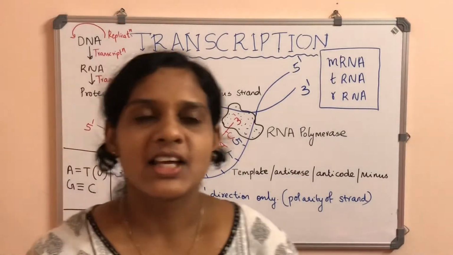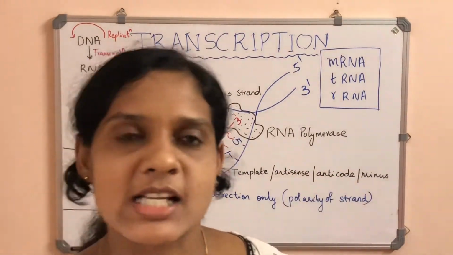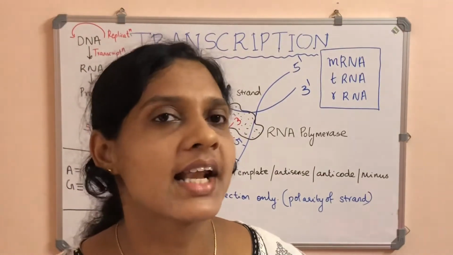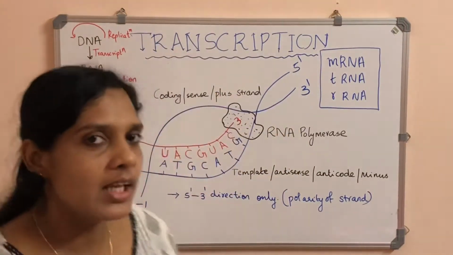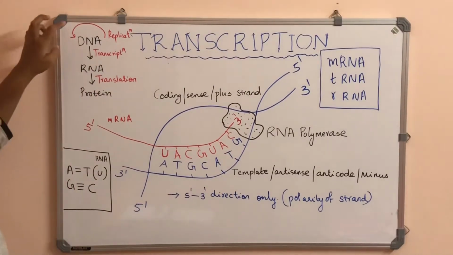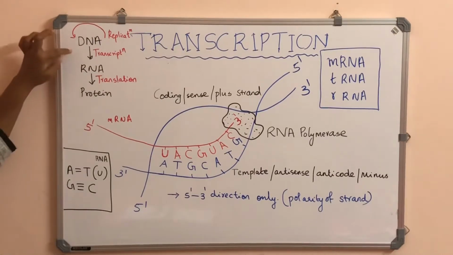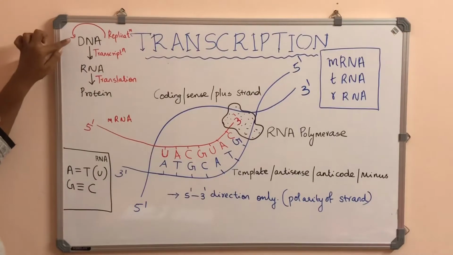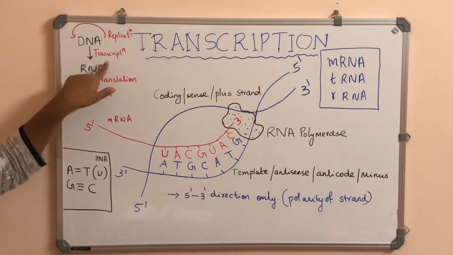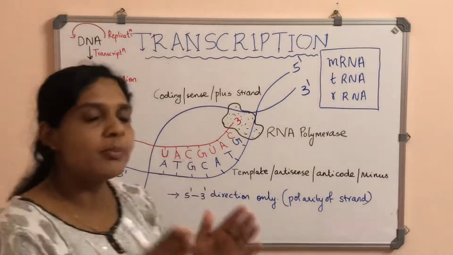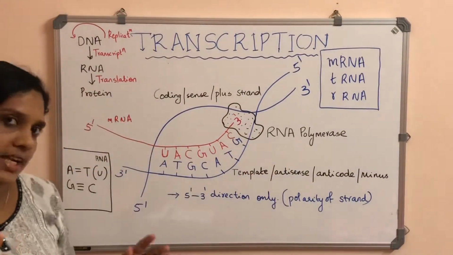Hello kids, today we will be discussing the process known as transcription, which is a step in the central dogma of biology. I feel you all know about the central dogma of molecular biology, that's the synthesis of RNA from DNA and then to proteins. So we will be discussing the copying of genetic information from DNA to RNA, that is known as transcription. For transcription to begin, it needs a DNA double-stranded helix.